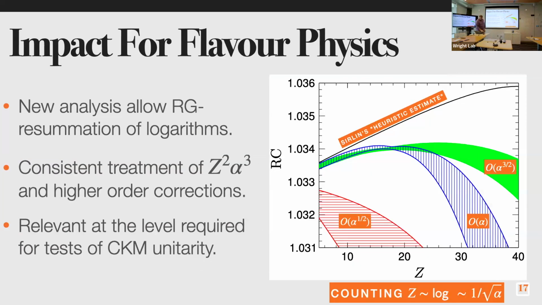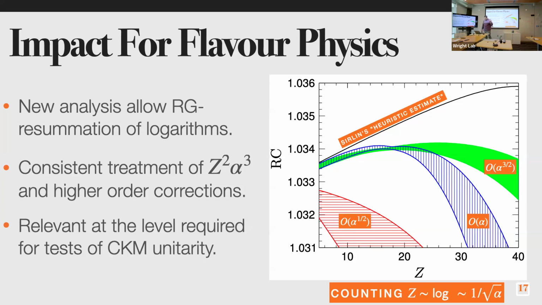Okay, so to give you the punchline before I get into details, the black line is us taking what's in Towner and Hardy, where they use Serlin's quote unquote heuristic estimate for one part of the radiative correction. We just take what's in their paper and plot it. This is the radiative correction they apply as a function of nuclear charge. What are shown here in the red, blue, and then eventually green bands are